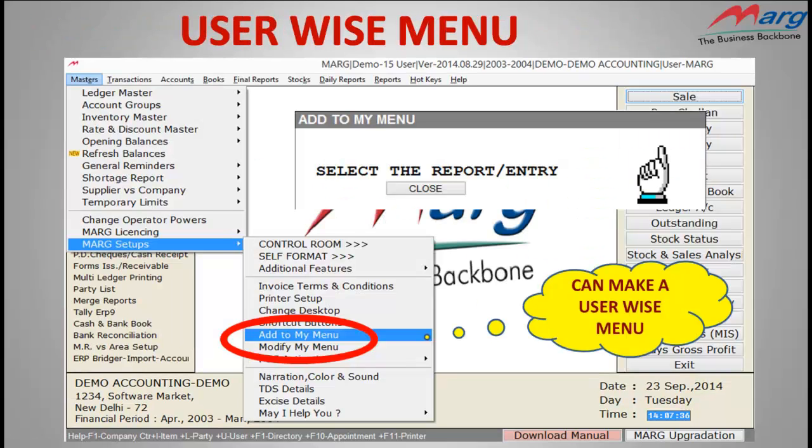Now, the next option is user-wise menu. You can design a user-wise menu in Marg software. But first of all, let's know why we need this option. As you know, in one software there are so many features and options available. But for a